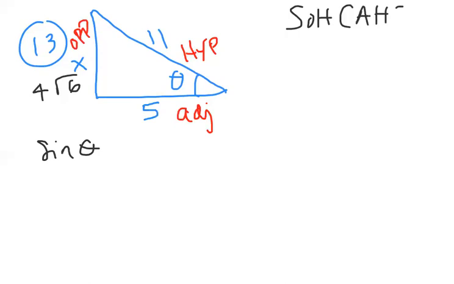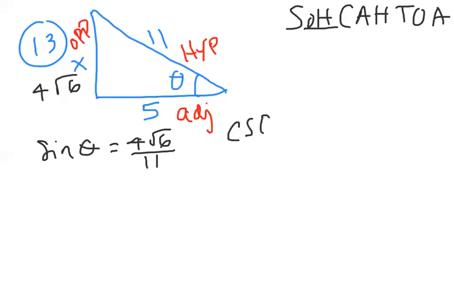SOHCAHTOA. All right, there we go, guys. SOHCAHTOA. So sine of theta is opposite over hypotenuse. The opposite is 4 radical 6 over the hypotenuse, which is 11. Now, if we go over to